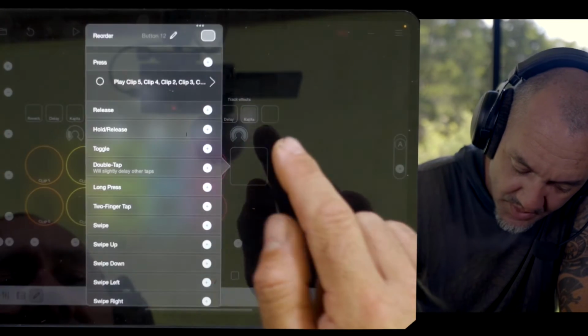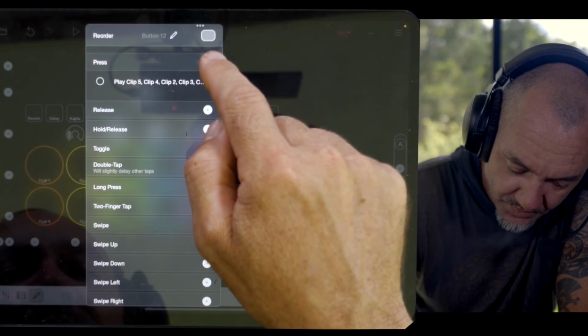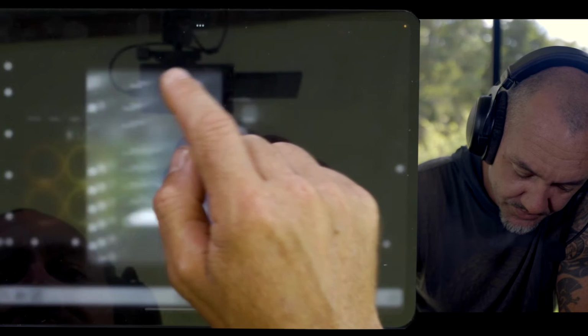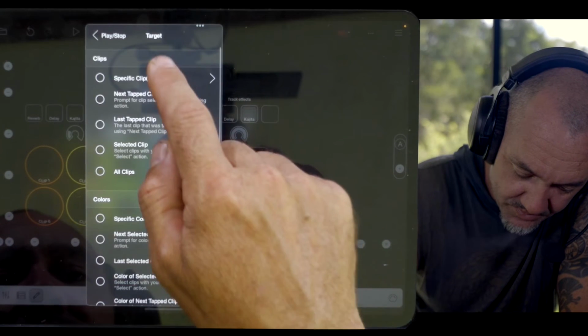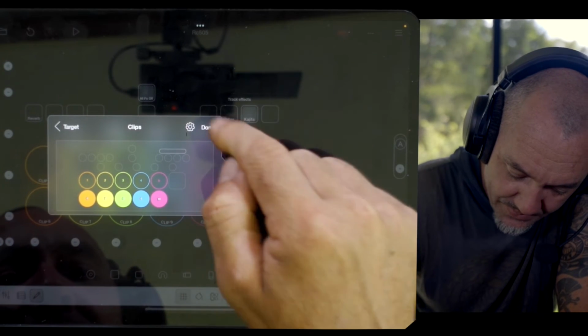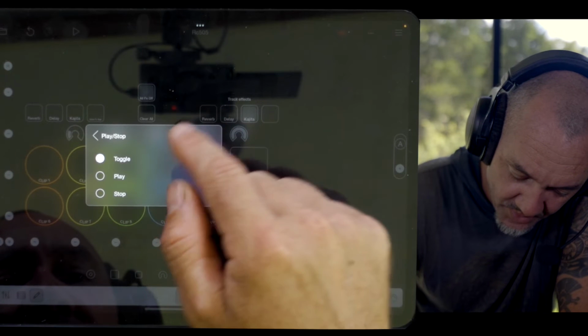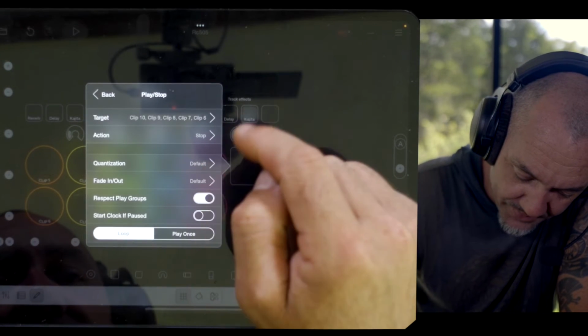Oops, I also want it to stop these other ones. Okay, now that may not make sense, or you may see where I'm going, and you want to go stop. Okay,